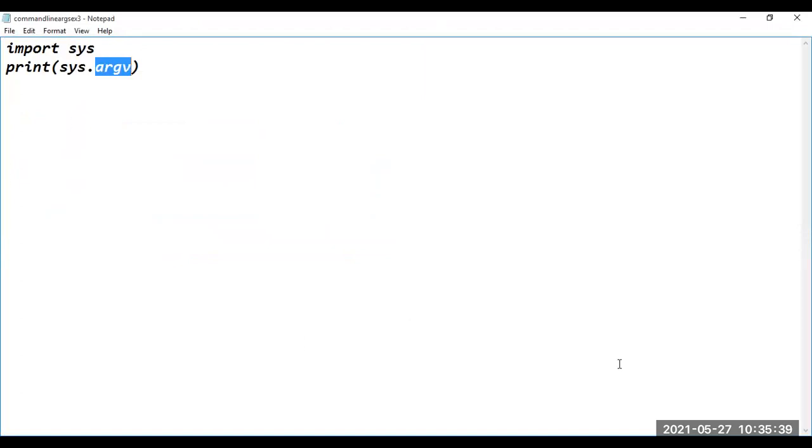Then how to run the program? Can we execute it from the notepad editor? No, sir, it is not possible. We have seen two kinds of approaches. By using IDEs, we have executed the program.